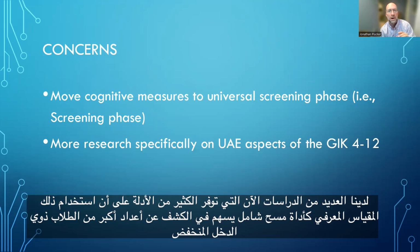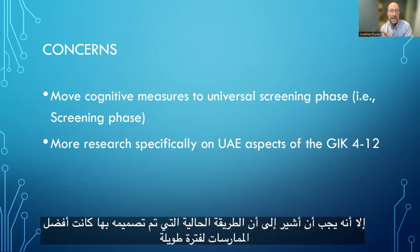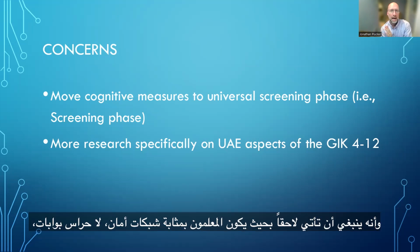We have several studies now that provide lots of evidence that using that cognitive measure as the universal screener helps you identify far more lower income students. So that's the only sort of structural piece of this that didn't work for me 100%. I should note that the way that it's currently designed has been best practice for a long time. So this is really based on research from the last 3 to 5 years, I would say, where we've learned so much more about where to put teacher input, generally later in the process, so that teachers are safety nets and not gatekeepers,